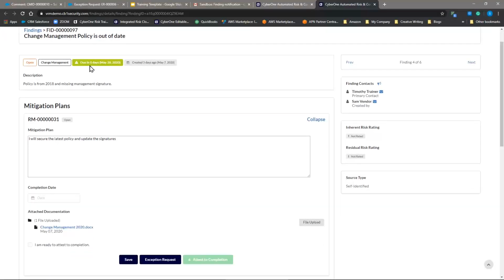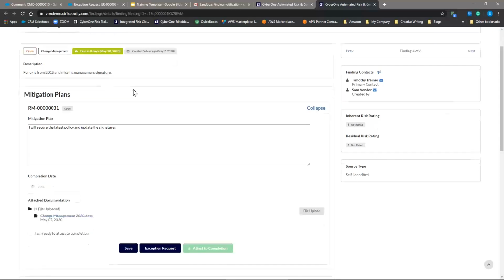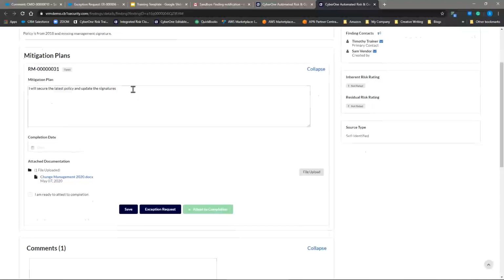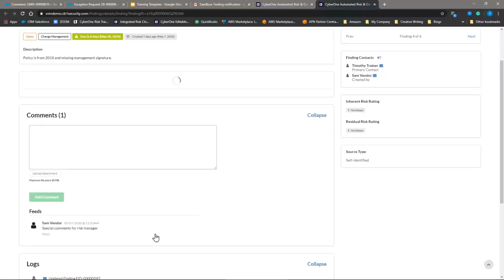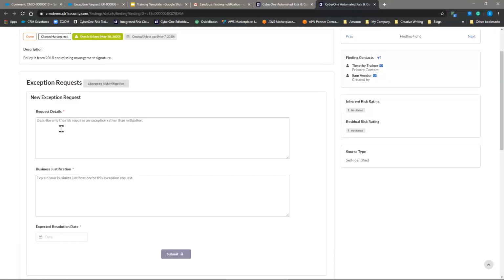And you'll see that this is green now because it's not in danger of being missed, but as it gets closer to the date, that will change color to represent the timeliness of the due date. So if we're not able to do it, then again, we can submit an exception request by changing this risk mitigation to exception. That takes us to an exception request record again, where we have to, again, submit why